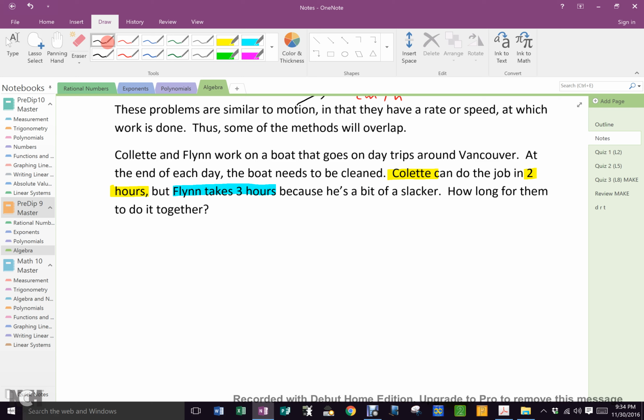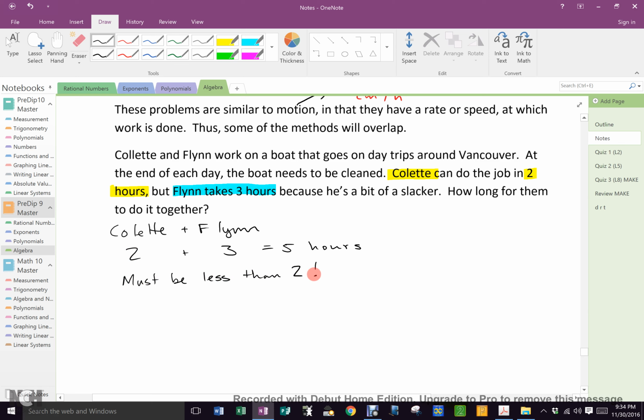logically, because what you always want to do is say, well, it'll take them 5 hours. But that makes no sense, right? Because you want to say, well, it's Colette plus Flynn. Colette is 2, Flynn is 3, so it will take 5 hours. But that makes no sense because Flynn by himself would take 3, Colette by herself would take 2. So it must be less than 2 because Flynn is helping. So even though Flynn's lazy, Colette is still going to get done faster than 2 hours because Flynn is doing